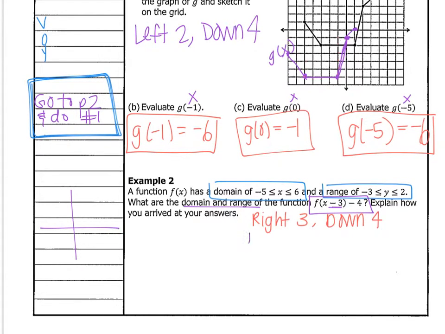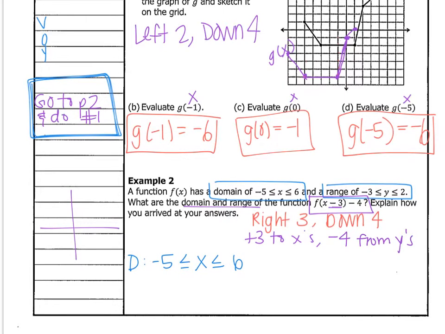So we're going to add 3 to x's. Down 4, if I go downwards, boom, boom, boom, boom, down 4, that means that we are subtracting 4 from the y's. So we're going to do just that in order to find our new domain and our new range. So start by writing the old one, -5 less than or equal to x less than or equal to